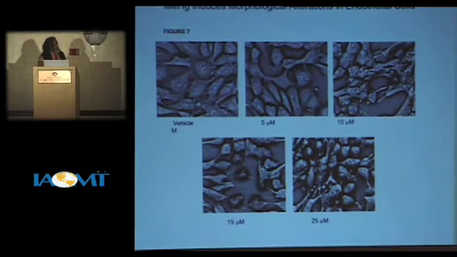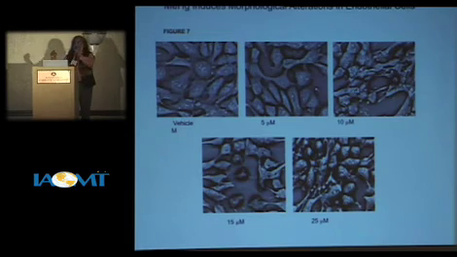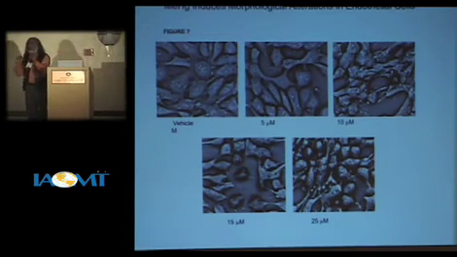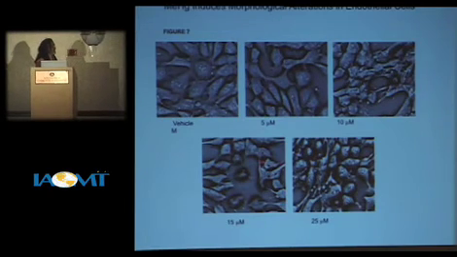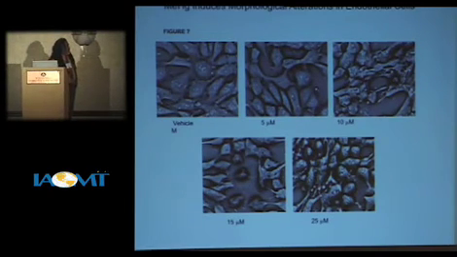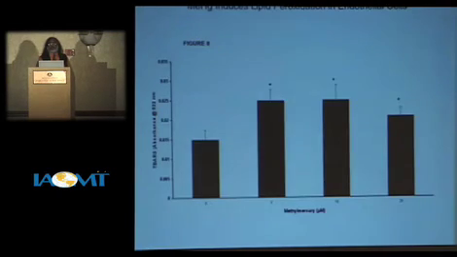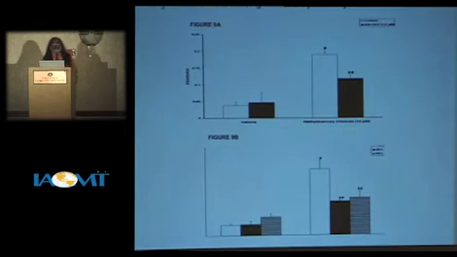This is what happens in cell morphology. We always look at cell morphology primarily because the cell morphology tells us what's happening in the cell. It tells us the cytoskeleton is altered, and you can see with the different concentrations, beginning with 5 micromolar of methylmercury, how the endothelial cells are altered. It induces lipid peroxidation. Again, in endothelial cells, you can see the lipid peroxides going up. Methylmercury causes enhanced lipid peroxidation.